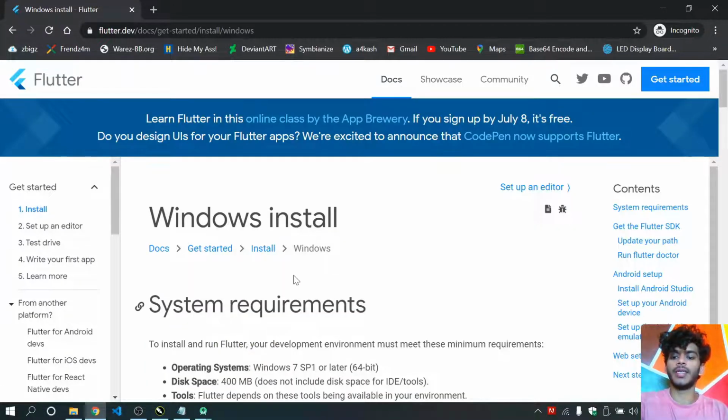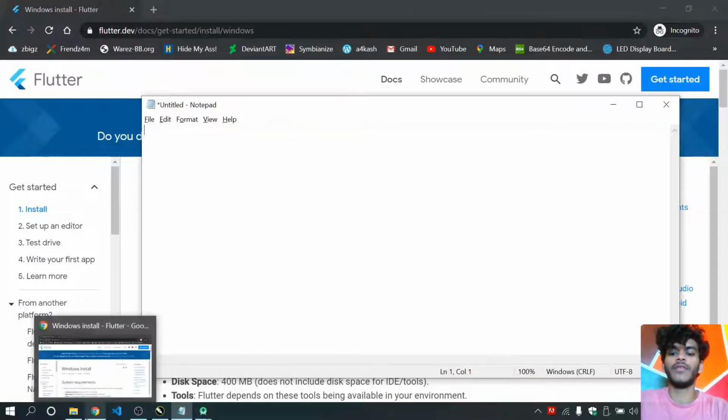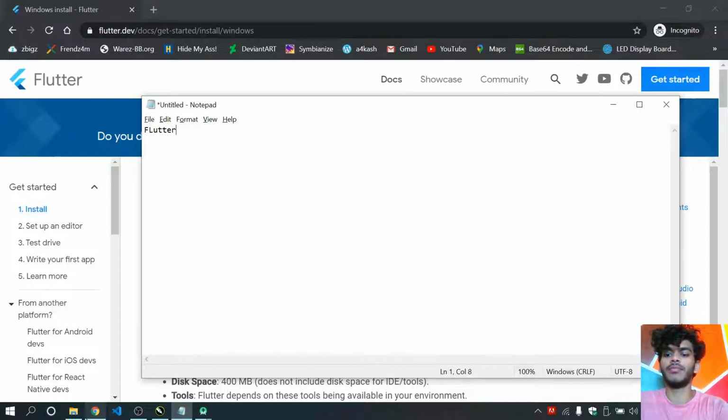So we'll basically need three things. The very first thing is the Flutter SDK. The next thing, if you are on Windows, is Git for Windows, and the third thing which you'll need is a text editor. Any text editor you can use, for example VS Code, Android Studio or PowerShell, anything which comes with a command execution feature.